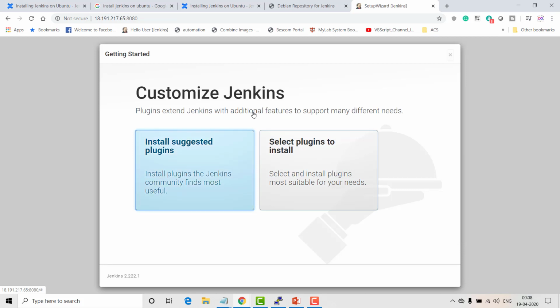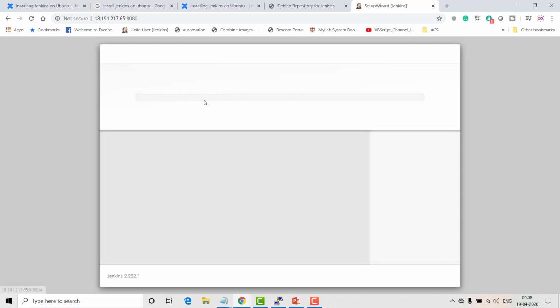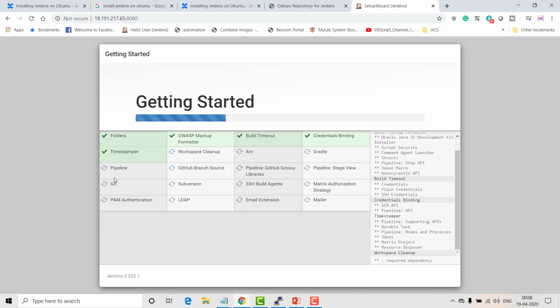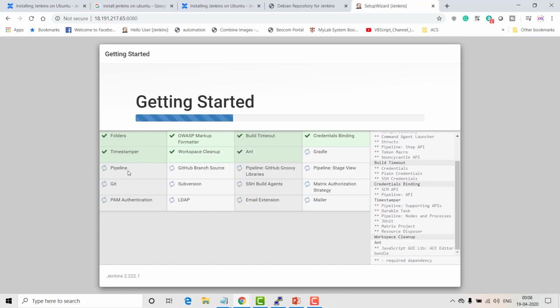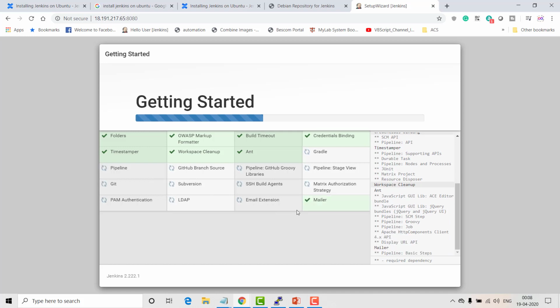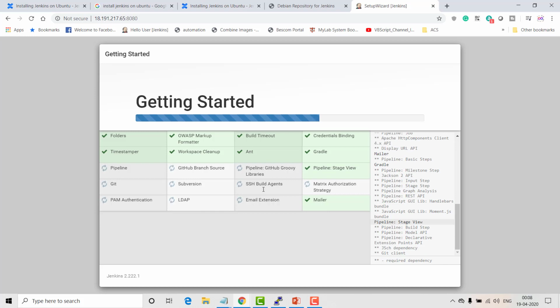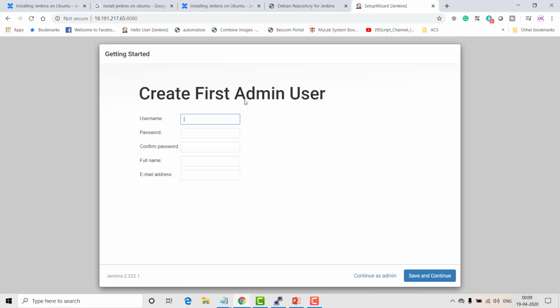You have to install Jenkins with the suggested plugins which Jenkins offers by default, or you can choose plugins of your own choice. I'll just go with install suggested plugins. It basically takes care of all the CI/CD related plugins by default. For example, some of the build tools like Gradle are there by default, and then we have Git also. The pipeline plugin is also there by default. Most of the plugins which you might need are already available here. Any plugin you don't want, you can always go to the plugin section and delete it. So all the plugins are now installed.